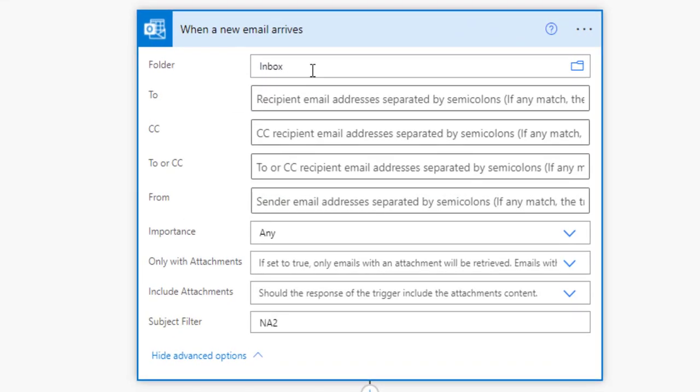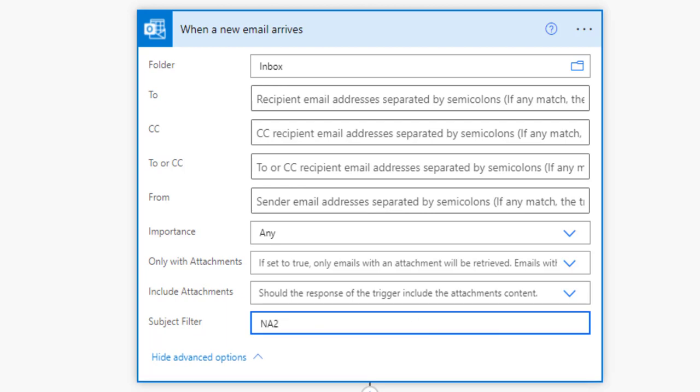So when I receive an email into my inbox, now I could select any folder. If I wanted to, I could have Outlook configured so that anything I drop into this folder will automatically run this flow. But I'm not going to do that. Or I could say from a specific person initiates this flow. But what I want to do is on every single email in the subject line, I'm going to put in NA2, Notes and Actions 2. Now I put the numeric 2 back there because it's unique. And chances are when my search engine works, it's not going to find another combination, NA2. So that's the first thing I need to do.